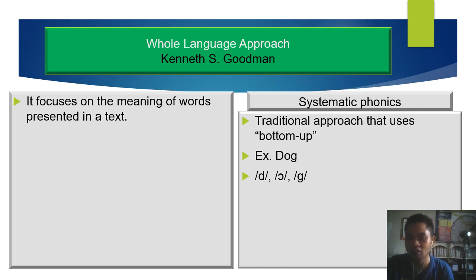Example, the word dog. As I have said earlier, the teacher introduces first the sounds of the letters before the meaning of the word. For the word dog, D stands for its sound, O stands for its sound, and G stands for its sound. So therefore,